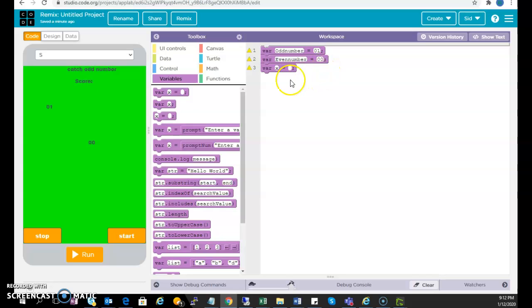0, 0. And then we're going to do the score, which is 0, 0 for now. Oh, we can just do 1, 0, no difference. So